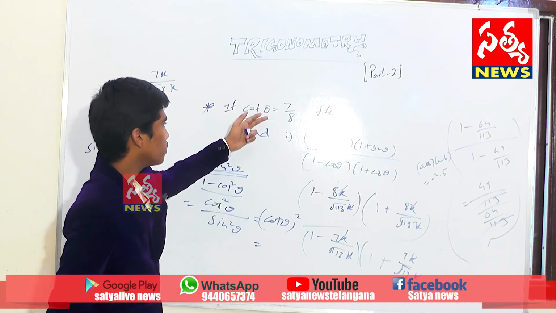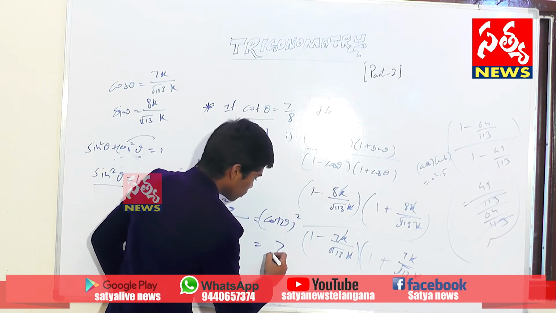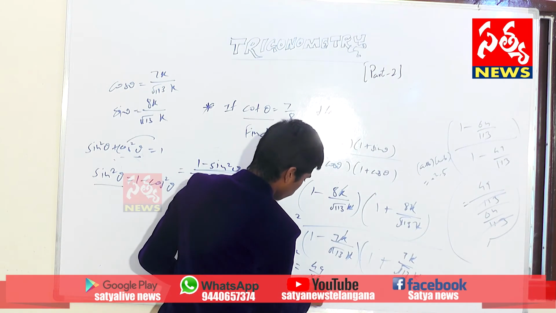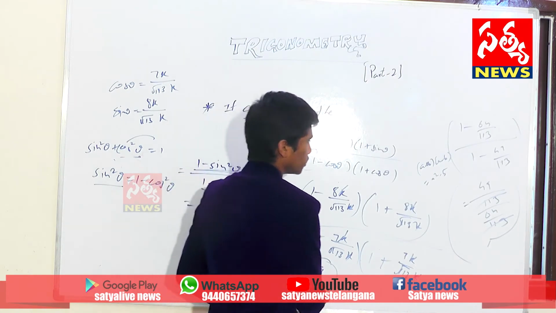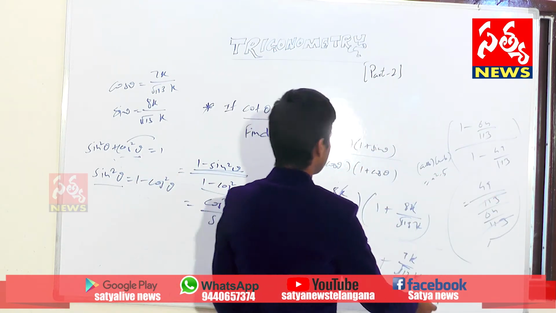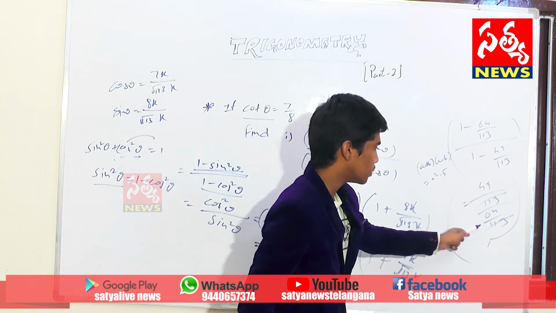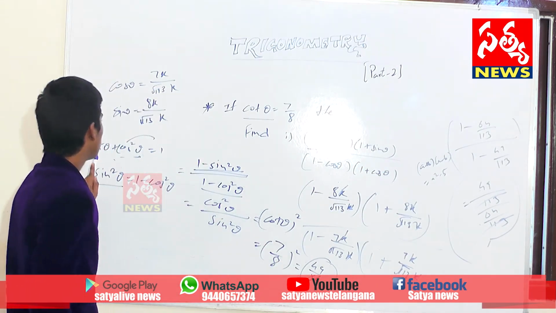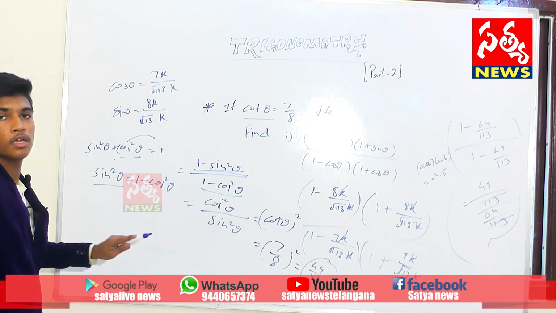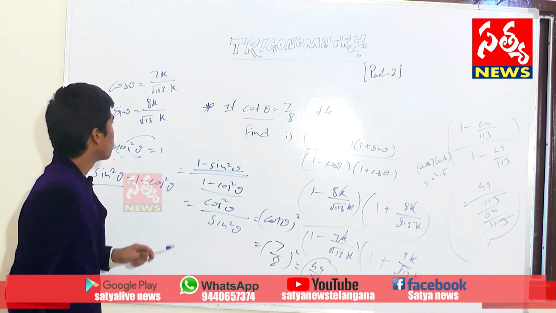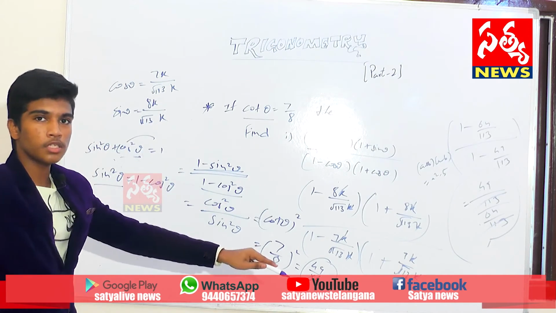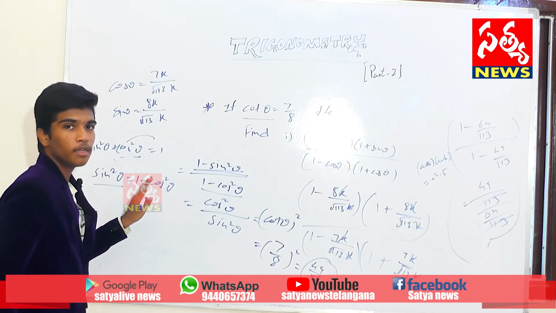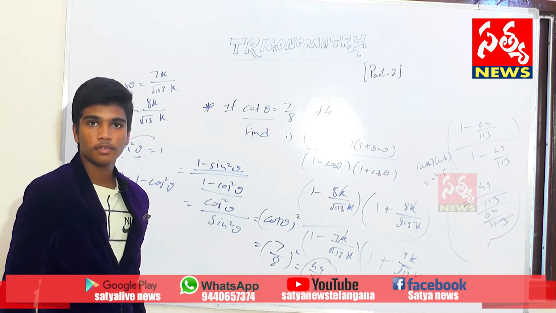In the question they had given the cot theta value. It is 7 by 8. 7 by 8 whole square is 49 by 64. See, this is the answer we got, 49 by 64. Hence, if you remember the identities, it is easy to calculate. Instead of doing this big process, with a small identity by interchanging the right hand side, we get the answer.